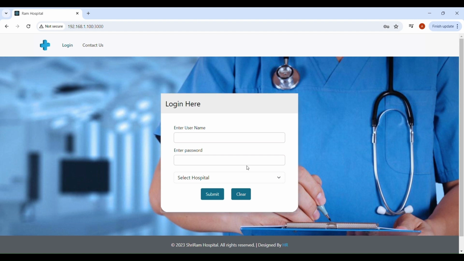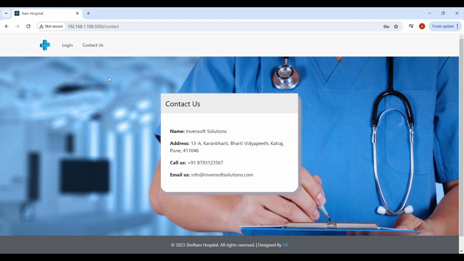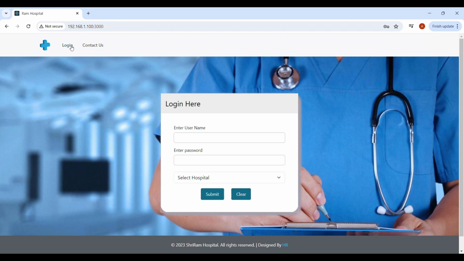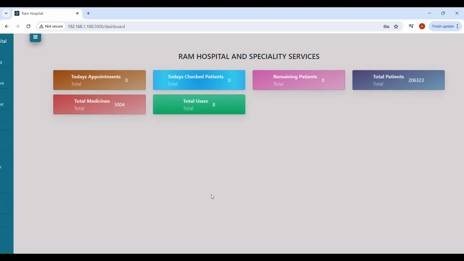So basically this is our login page and this is the contact us page where you can find contact details. Now I am logging into the application. This is my username and I am entering my password. Here we can see the list of multiple hospitals where you can select your hospital. I'm selecting the first hospital, that is hospital A, and if I click on submit I'm logging